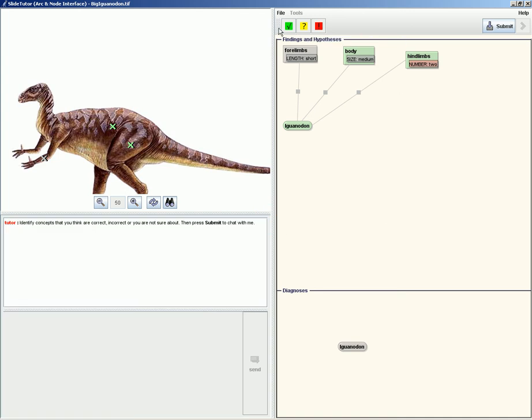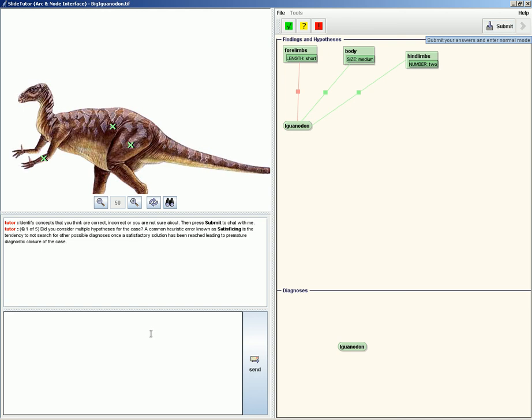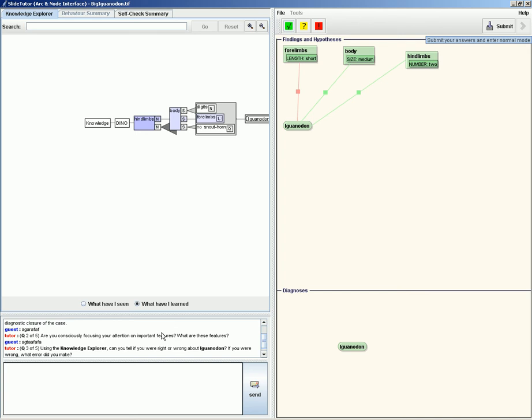So again, you'll just want to color things appropriately. So I'll just go ahead and get everything colored. When you're done coloring, press the submit button. And again, you'll get a few questions from the tutor, but you'll get a few additional questions at the end of the case, and that's what I want to show you now. So now, after the first couple questions, as you see,